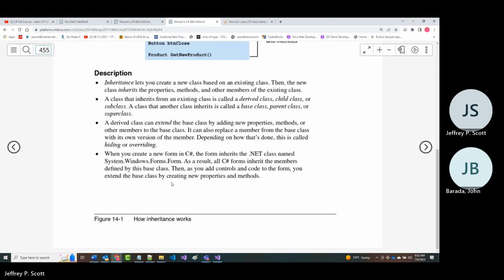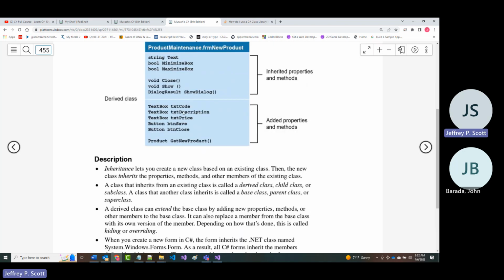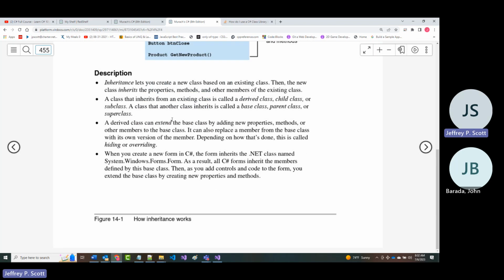Now, it is possible when you start to go through this that you can have several layers or levels. A class can be both a child of another class above it and a parent to another class below it. Totally legit. Happens all the time.